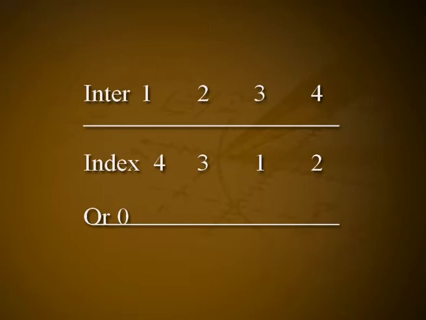Example 2: 3 is a primitive root mod 5. We give indices of 1, 2, 3, 4 mod 5 relative to 3. Integer 1 has index 4, 2 has index 3, 3 has index 1, 4 has index 2 (or 0). Observe that the index of 0 is not defined. Also, the concept of index is similar to that of logarithms for real numbers. Indices even obey rules very similar to logarithms. Theorem 3: let a be a primitive root modulo m and b, c, k any integers, then the following holds.